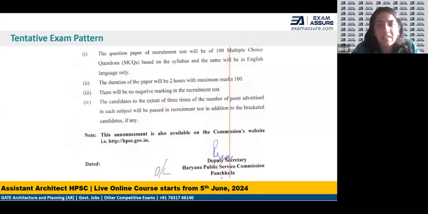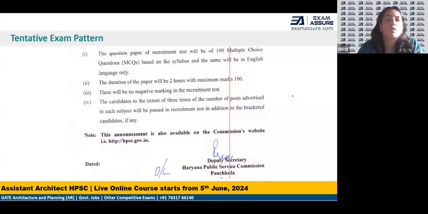Now, as far as the tentative exam pattern is concerned, why do I say tentative? Because if you see the ATP exam, Assistant Town Planner exam for Haryana that was conducted recently, when they issued the new exam pattern and the syllabus, there were a lot more changes. There were changes right from an MCQ-based question paper to a descriptive question paper. So we cannot deny that these kinds of changes could be possible or may not be. It depends upon their notification. So till they notify us, we will go with what has been going on till date.